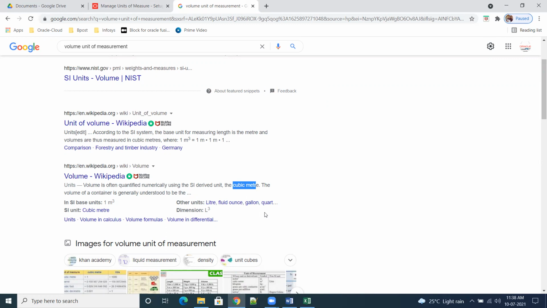Okay, liters. Liters are used for liquid items. Liquid items, yes. Okay, gallon we will keep as a volume because see, gas is there, right? We're taking the gas. So what do you call the unit for volume? I mean, how are we going to calculate based on the volume?